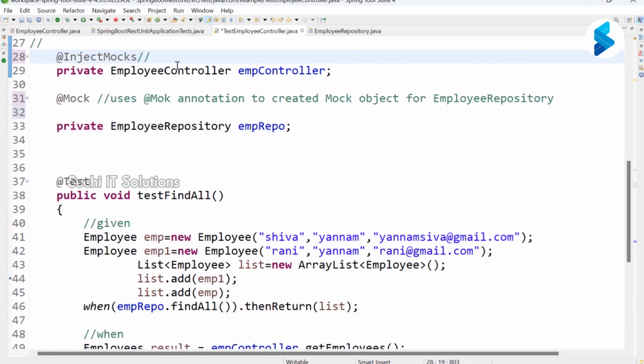Okay, the InjectMocks is used to create the employee controller class and also inject the mocked employee